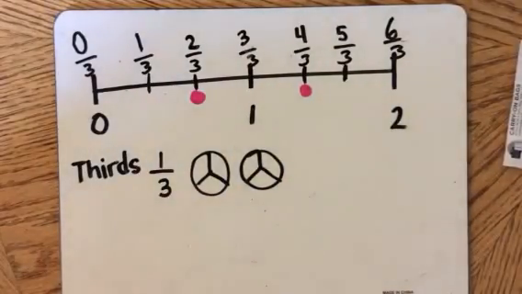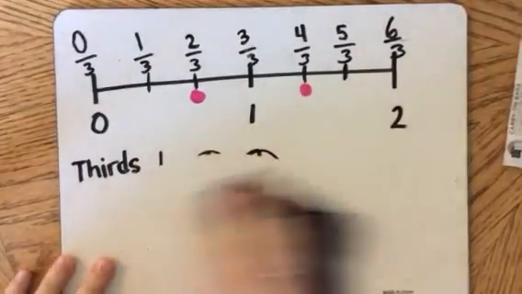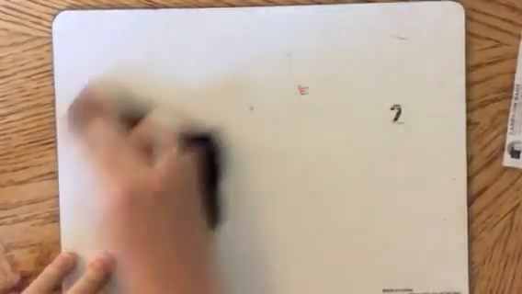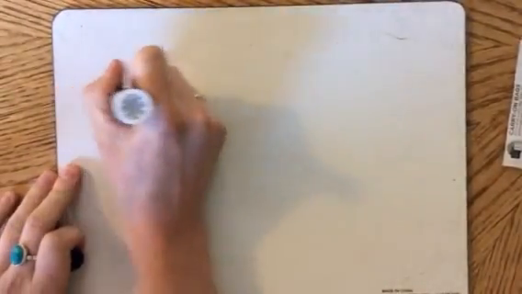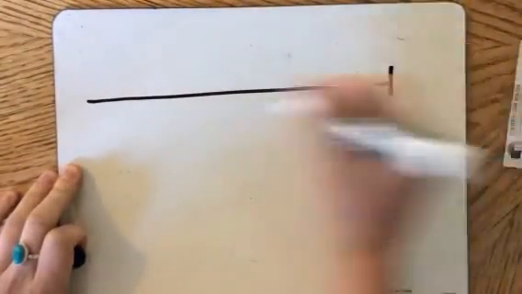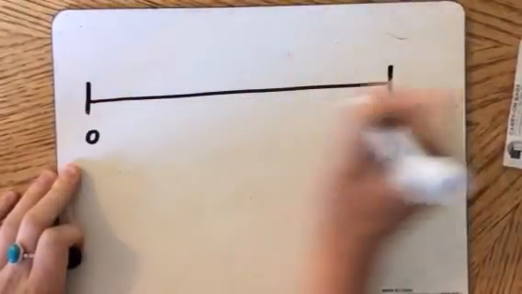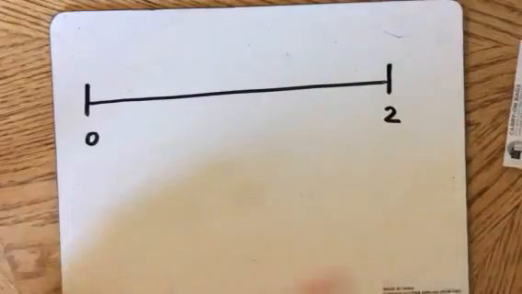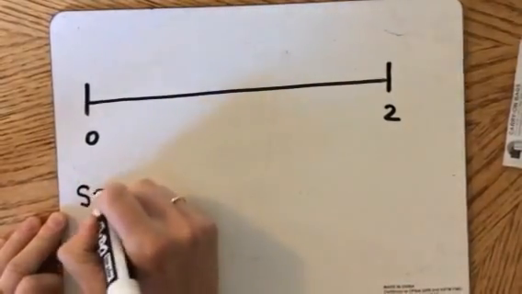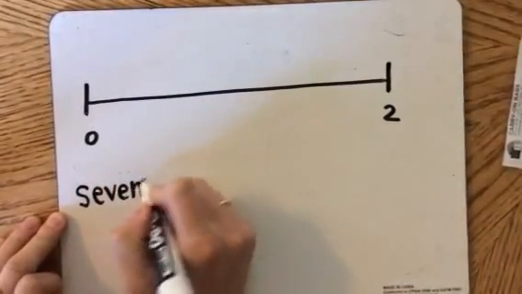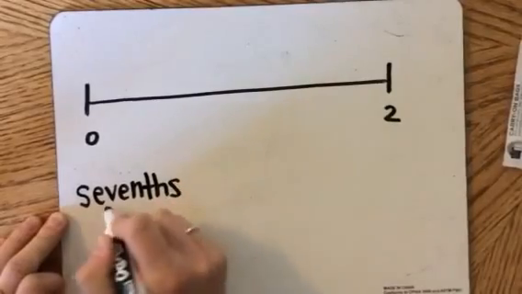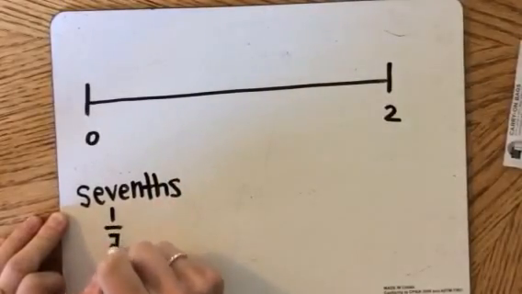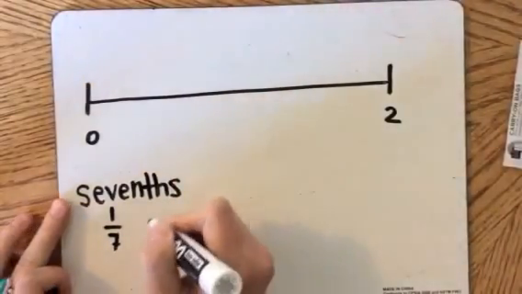Let's try this again, but this time with sevenths. So I'm going to go ahead and erase my board. Sevenths. Same thing, we're going to have endpoints of 0 and 2. So what was the first step we did last time? And I'll write down here, sevenths. Our unit fraction is 1/7. And to draw that